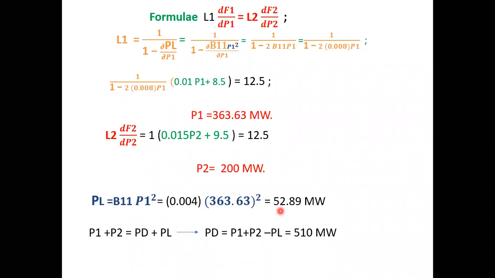Similarly, from the power balance equation, you can get the demand also. Demand means it is nothing but load, so it is nothing but 510 megawatt. This is a long approach, but finally, how many formulas are we using? We are using very few formulas: the basic condition, the penalty factor formulas, and finally the loss expression and the power balance equation. Totally we have only 4 equations in this unit. So when you know how to use those 4 equations, you can solve any type of problem in this unit.